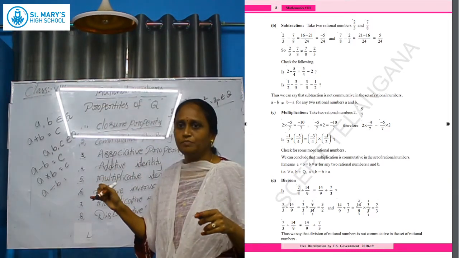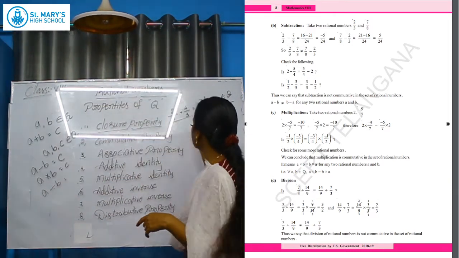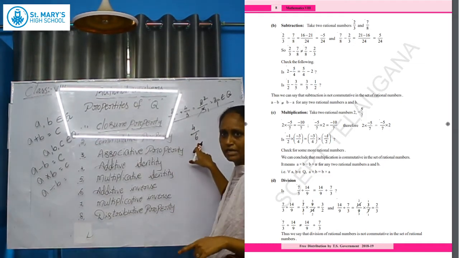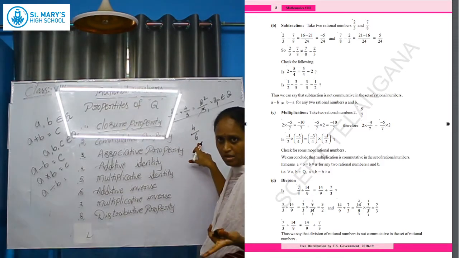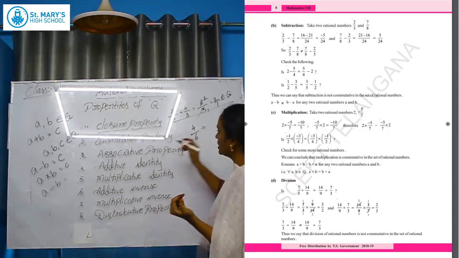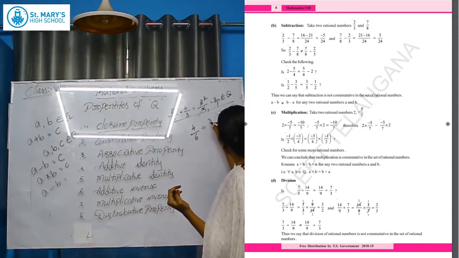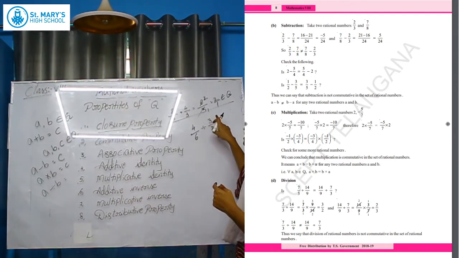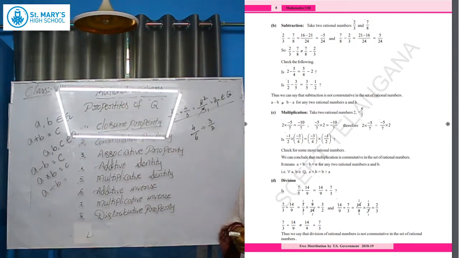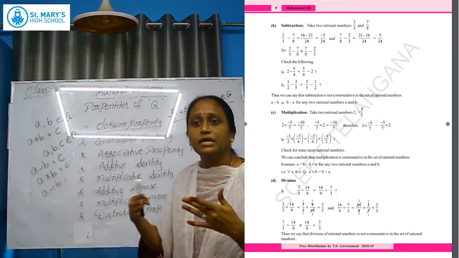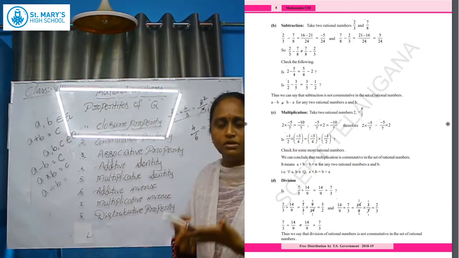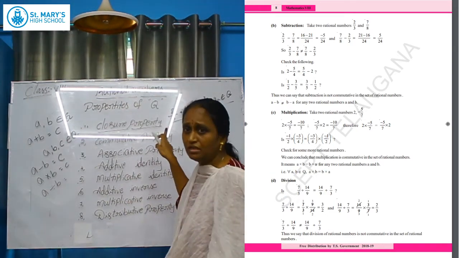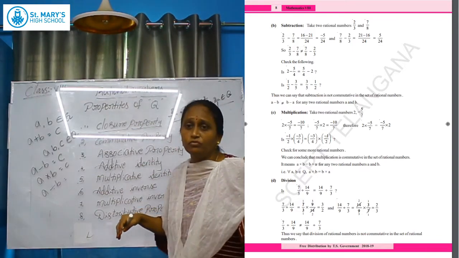So is it possible or not? We will check with one example. Suppose 4 by 6 is one example we are taking instead of A, and 3 by 2 we are taking instead of B. 4 by 6 is divided by 3 by 2. We know that in fractions we can't do the division directly. Yes or no? Yes. So 4 by 6 is divided by 3 by 2. That means here we can't do it directly, but we have one process.